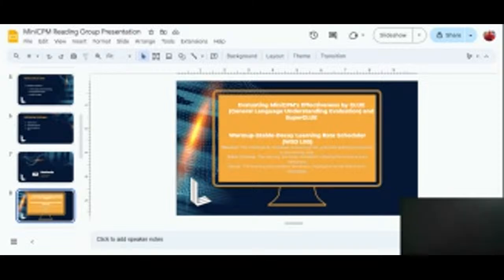It's like a new student. We can't overload them with a bunch of information to start with. So similarly, the WSD scheduler